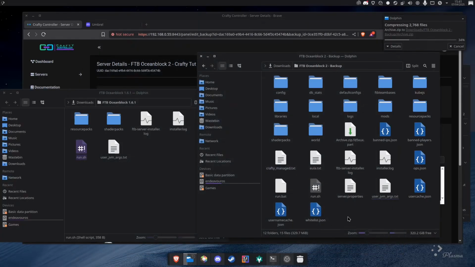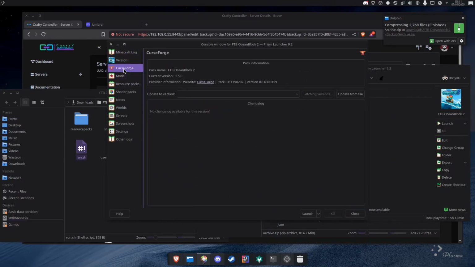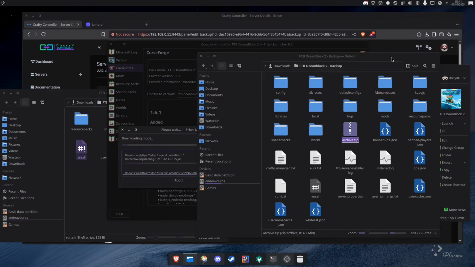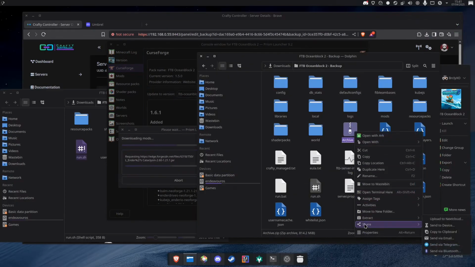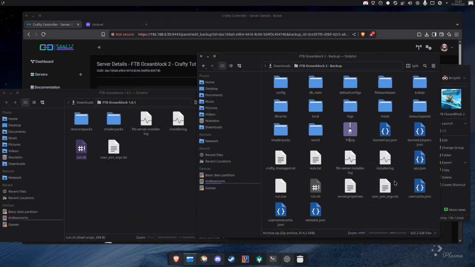Marks, that does seem to be the same. While that's doing that as well, I will update our Modpack to be 1.6.1 on here. Cool, so that's now done. So we now rename this to FTB Ocean Block